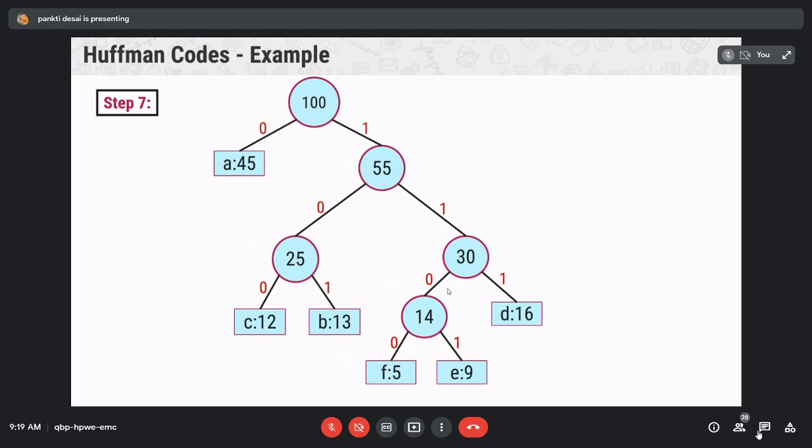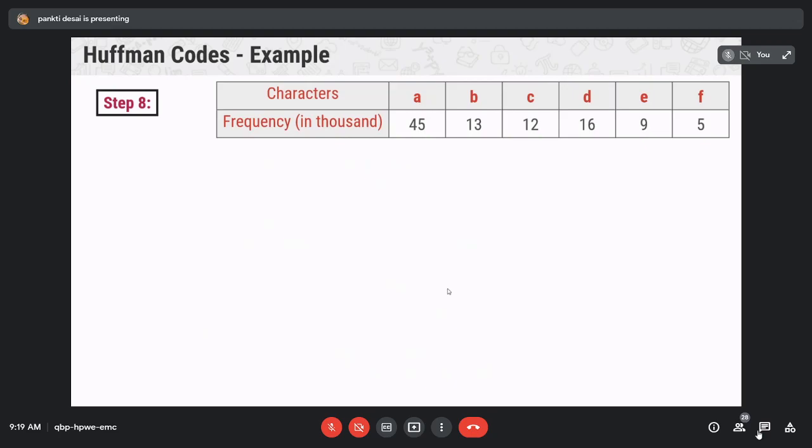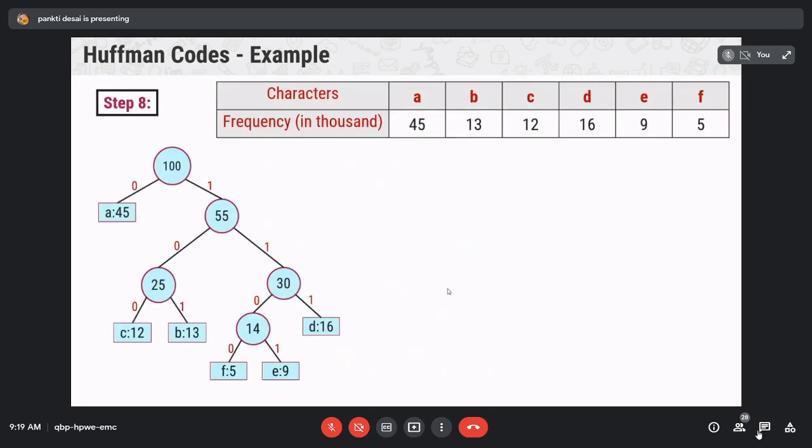Assign 0 and 1. So this will be our final Huffman tree for the given characters A, B, C, D, E, F. All of you clear with this Huffman tree procedure?